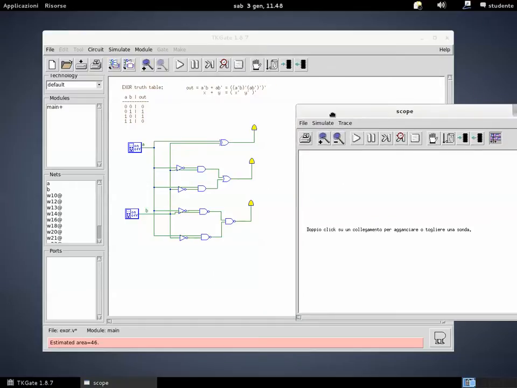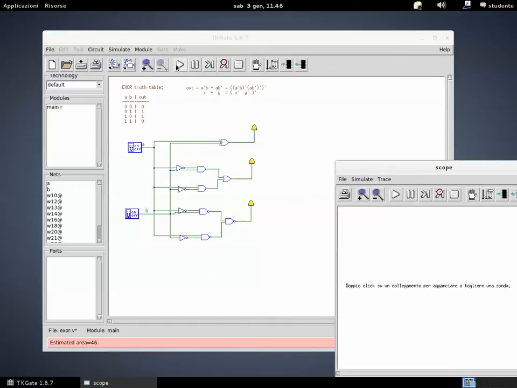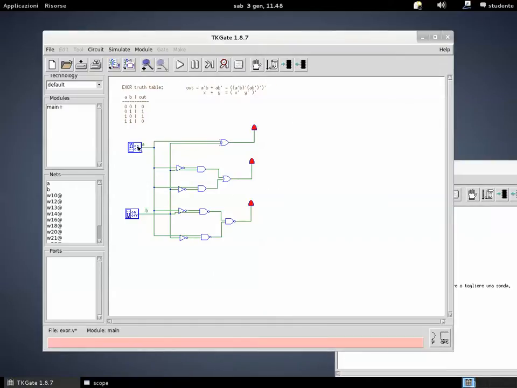Here we are. We don't need the scope because we have the LEDs, and let's start the simulation. And as you can see, the three outputs take always the same value, meaning that the two combinational circuits that we implemented here, this one and this one, corresponding to these two Boolean expressions, implement exactly the same function as the EXOR provided as a native component by TKGate. Okay,